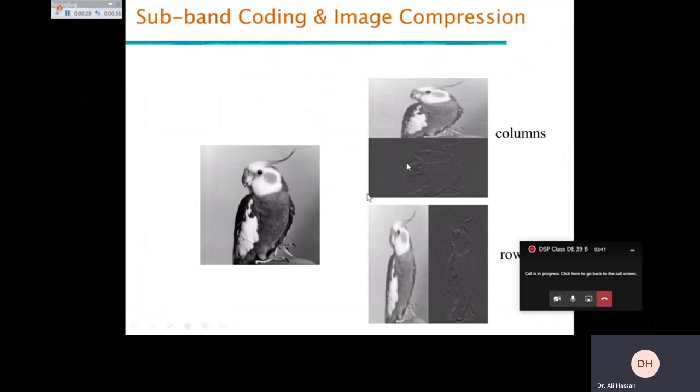And then they take the same image and pass every row of the image through a low pass filter, and again do the same thing, a low pass and a high pass. So in the slide, you see,